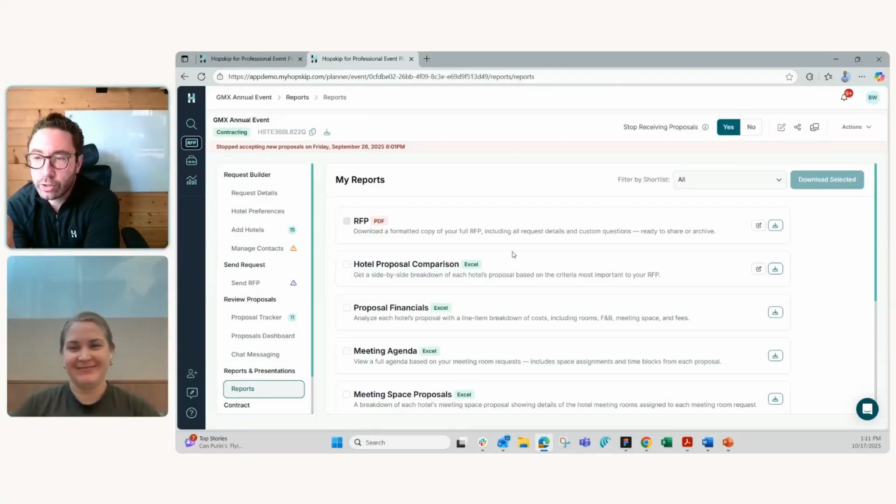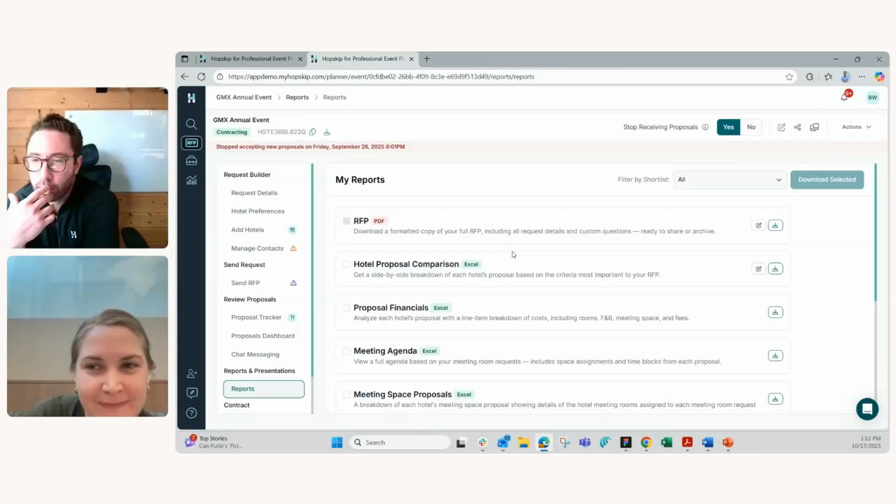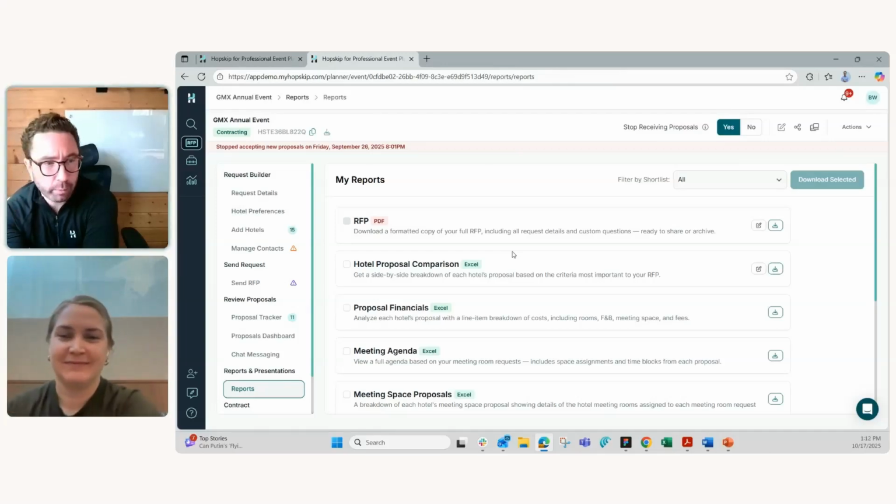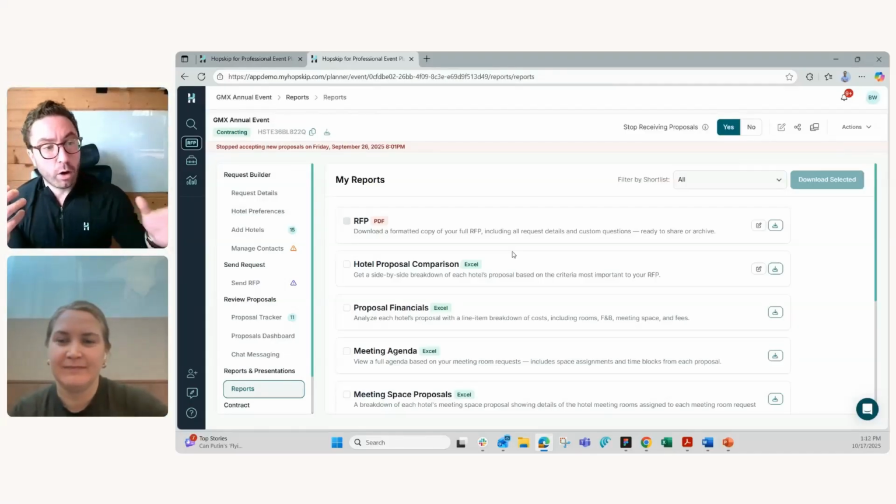Which new feature would you find most valuable out of the features that we're displaying on the screen right now? And I'll walk you through what they mean for the ones that aren't obvious. Client profiles is where you're able to save certain information on a given client in Hopskip. The meeting request form is where you would be able to take in RFP requirements from a stakeholder that would